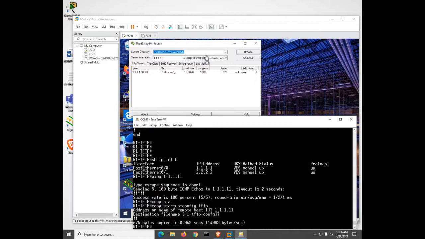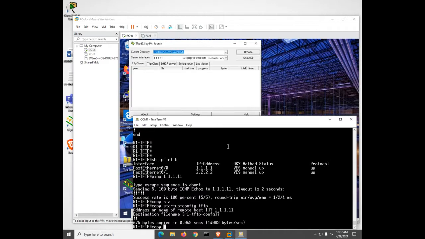Warning, Will Robinson, and when you bring this up for the first time, if you don't browse, it's going to come up by default on the programs directory, and you don't have rights to write to the program directory. So I changed it to the download directory, which I have rights to write to. Now, let's copy